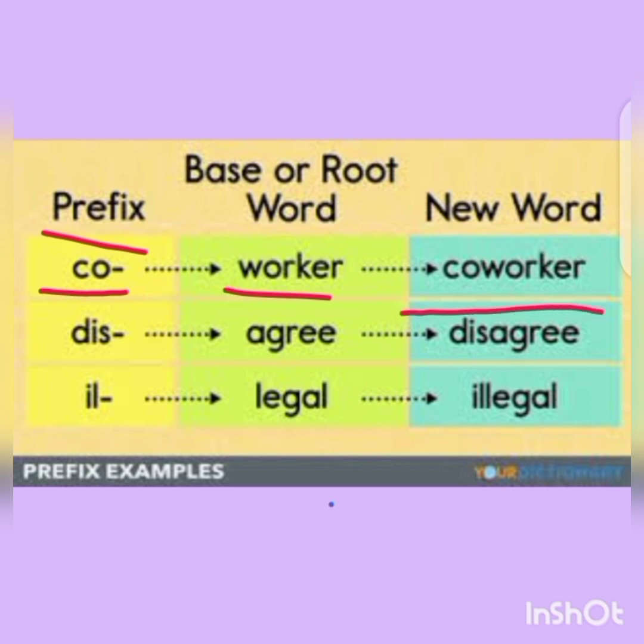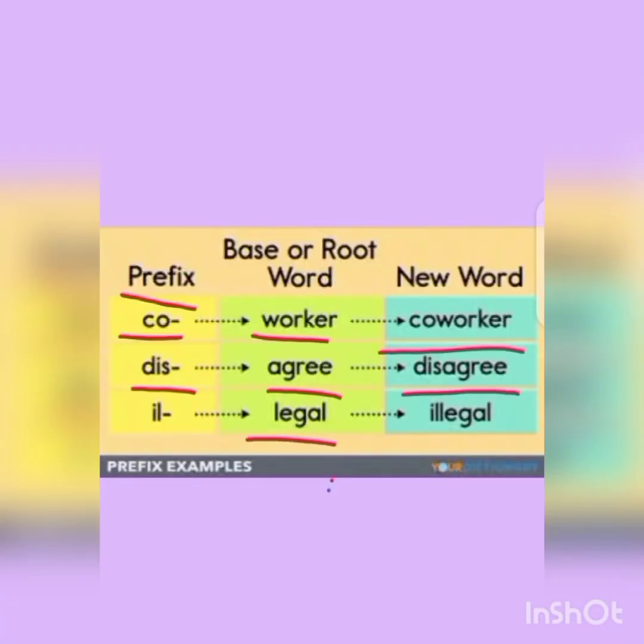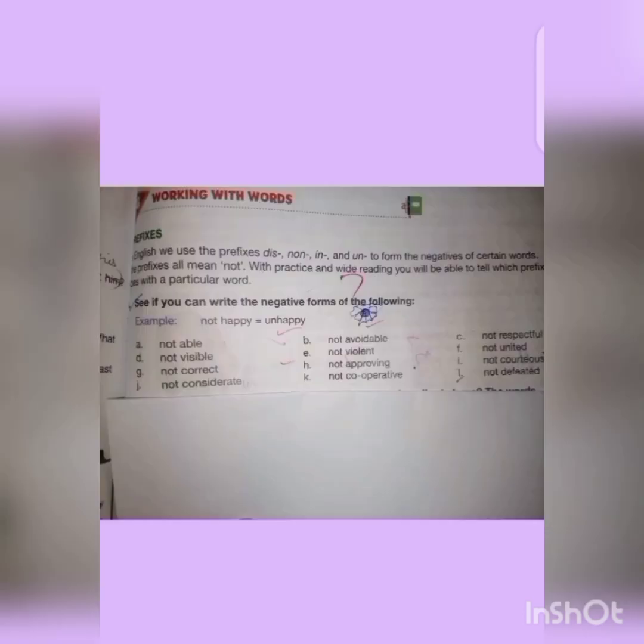Next, the base word or the root word is agree. Prefix is dis and the new word will be disagree. Legal. After adding il, it becomes illegal. Question number 1 that we have here is: see if you can write the negative forms of the following. We can use prefixes like dis, non, in and un to form the negatives of these words,